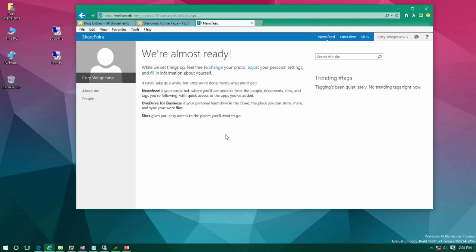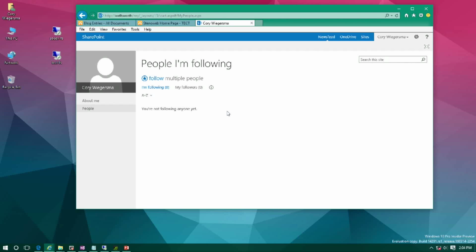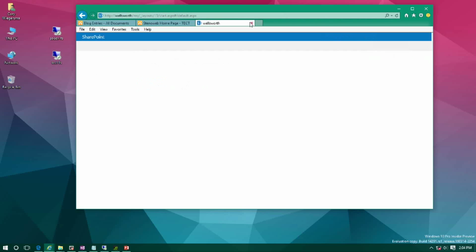You can use it to look at other people on the server. Right now there aren't any. I might have to get somebody else to look at other things. Anyway, if we go back to the top part of my site here,